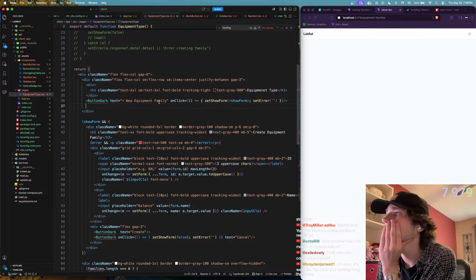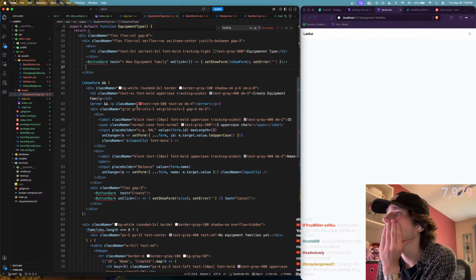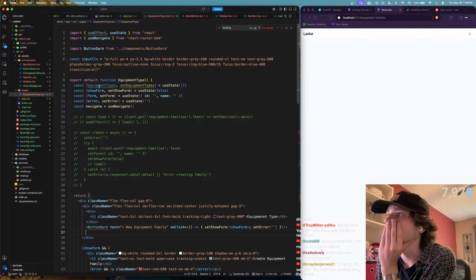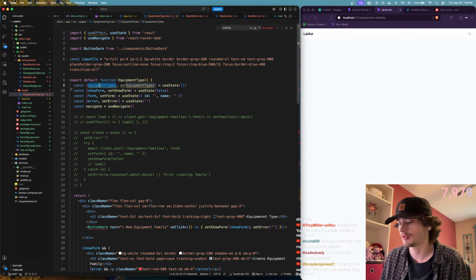Button dark. Families, equipment types, so